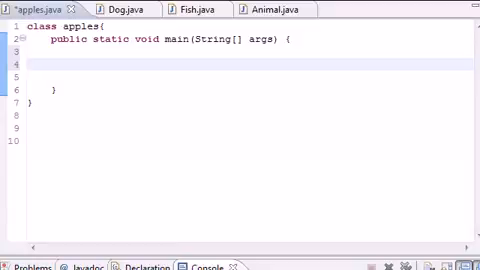What's going on, guys? Welcome to your 61st Java tutorial, and this tutorial is probably going to be the last tutorial for now on polymorphism. So in the last couple of tutorials I told you guys about the concepts of polymorphism, and I